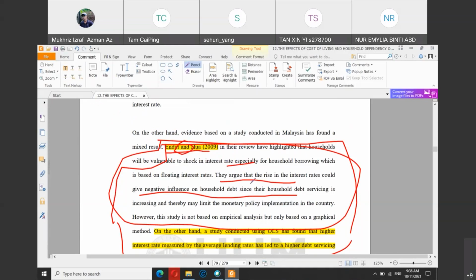Of course you need to rewrite, because if you simply copy and paste, it will be detected as a similarity index.